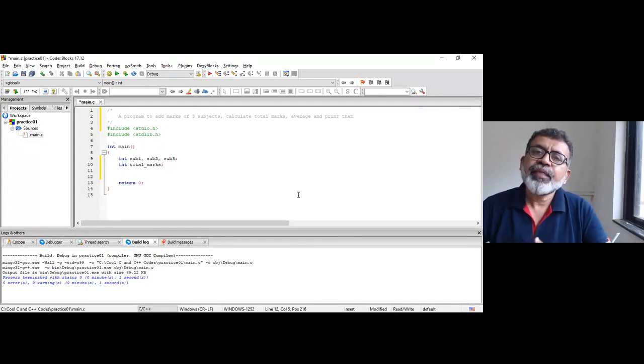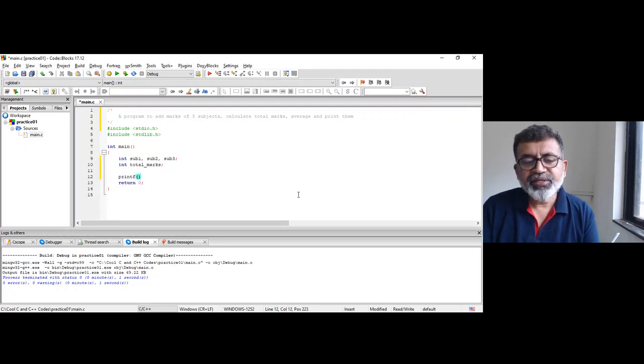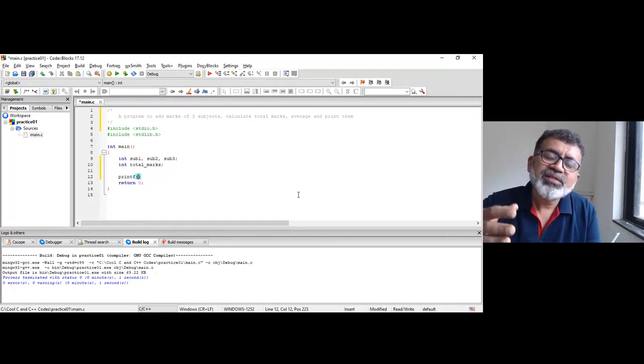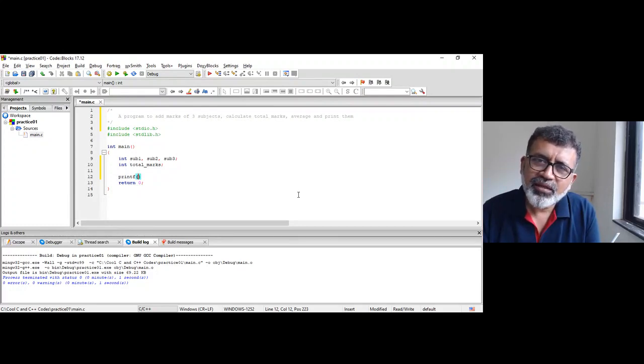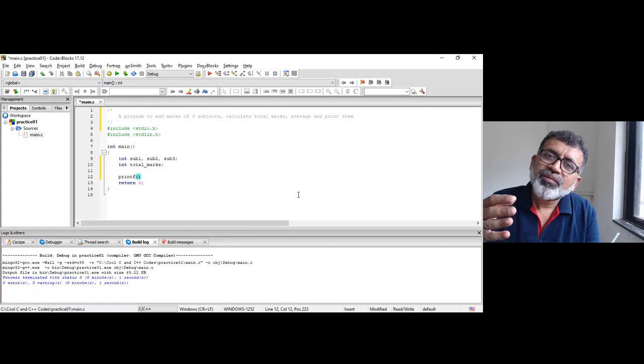Input output statements. Input function is the scanf, right? Now we will directly see everything from the scanf and the printf. So if I write printf, printf is the library function available in stdio.h, right? Stdio.h is the header file which contains declaration of function, and not definition of function.